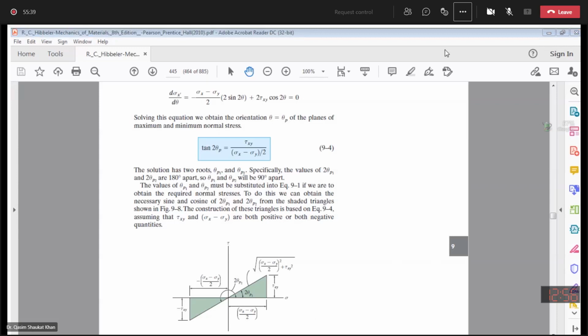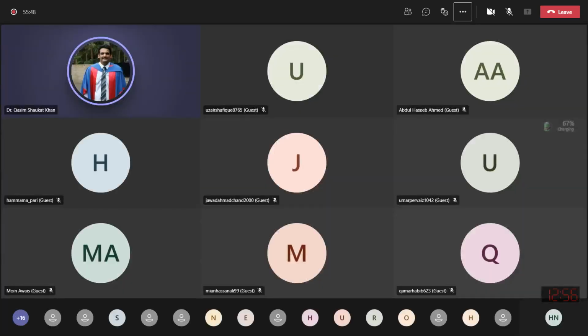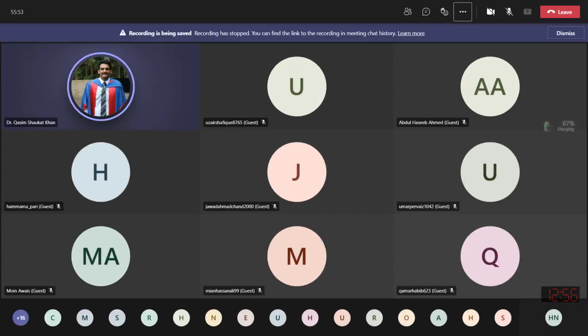No questions? If no questions, then we have to stop here because I have another class at 1 o'clock. When you have a 1 hour lecture, please come to class on time. You took 15 minutes to come to the class. Today I will note down the students who were late, who came after 12:15. Next time, if you come late, your attendance will not be marked.